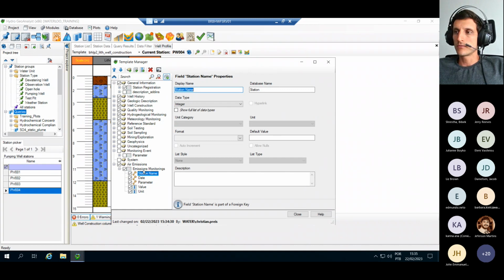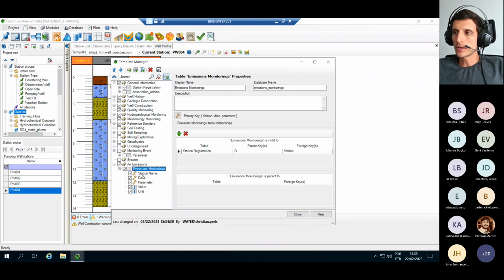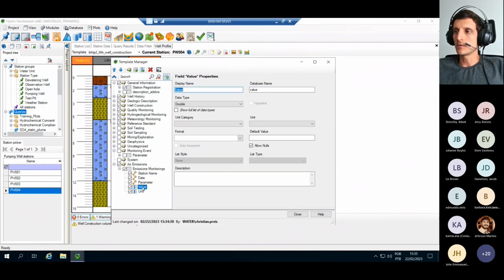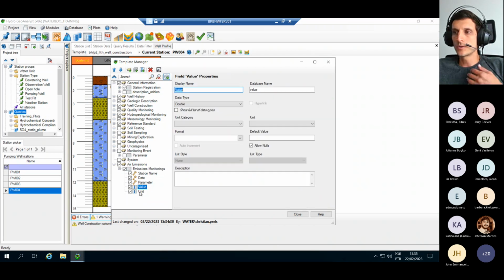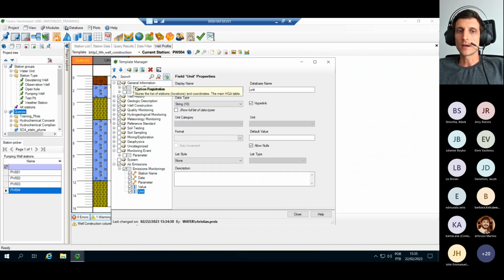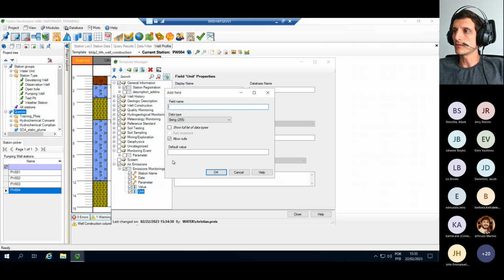And let's say if I created a new table, I can also delete a table, delete a field, or create a new field for an existing table. And this is all done using these buttons here. If I click on the X button here, I would erase the whole table that I created. Let's say I forgot to create a specific field. I can click here on add field, add a new field, and let's say